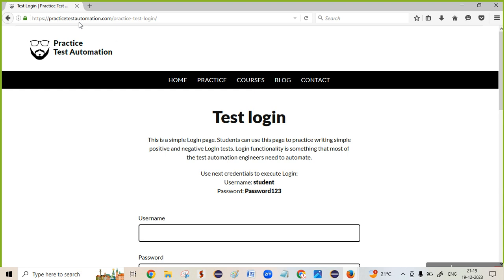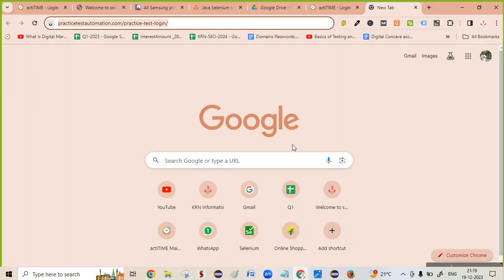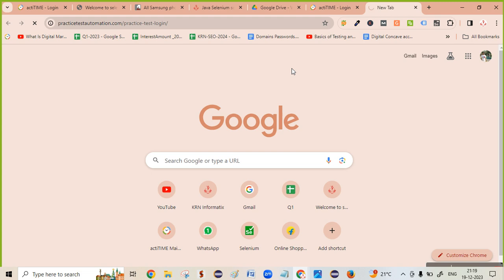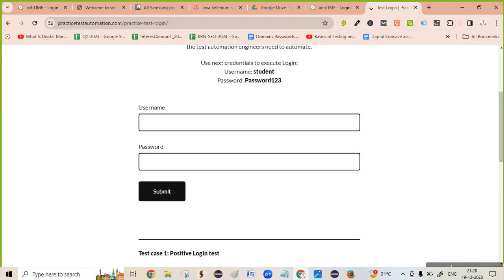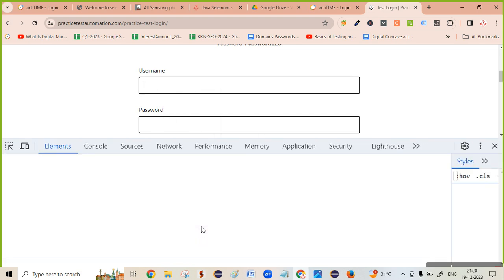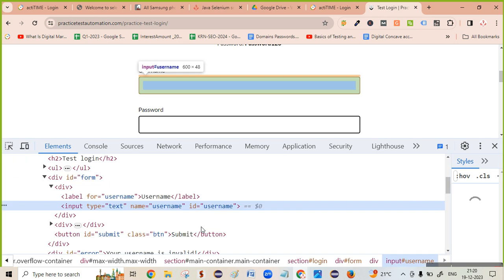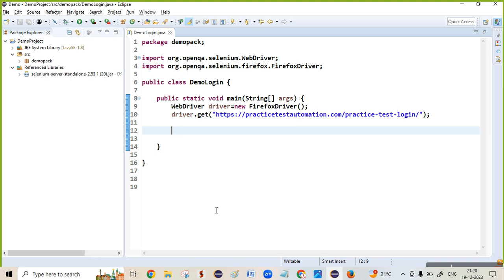After opening the browser and URL, my goal is to enter the username in the username text box. First I need to identify that element. How to identify this element? Right click on this element and inspect so that we will be able to see the source code. In Selenium there are 8 element locators. Out of that we will check whether that element has ID. Yes, it has ID. In that case,